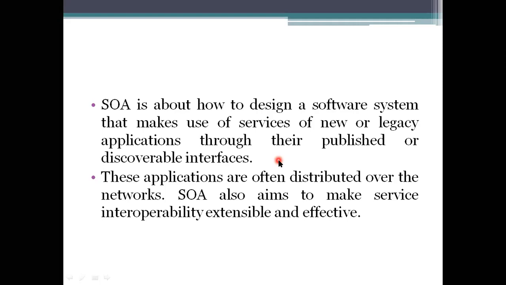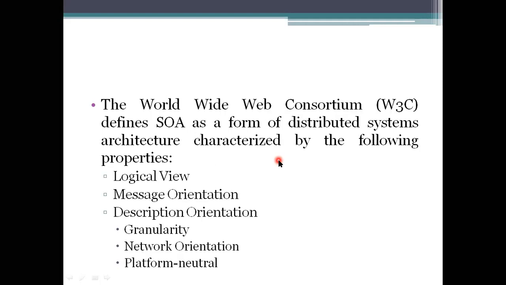So when you are dealing with service-oriented architecture, it is distributed. The type of system it supports is a distributed environment, and it is also characterized based on the World Wide Web Consortium.